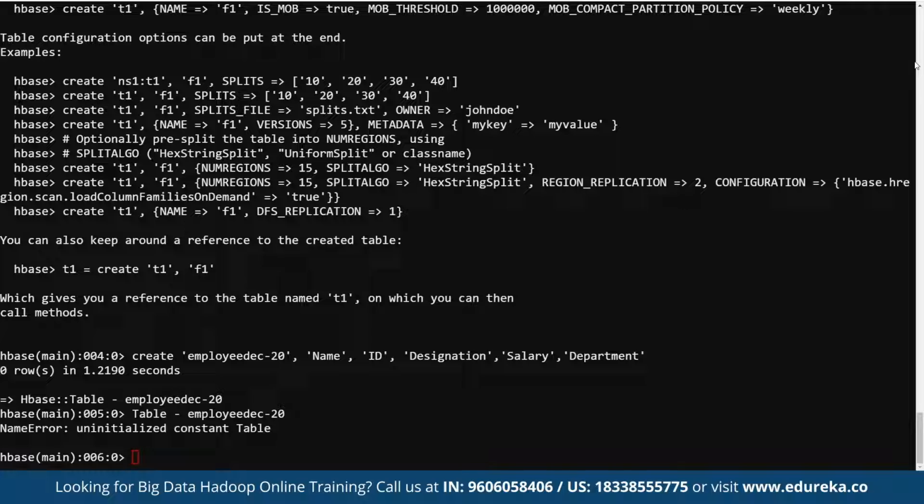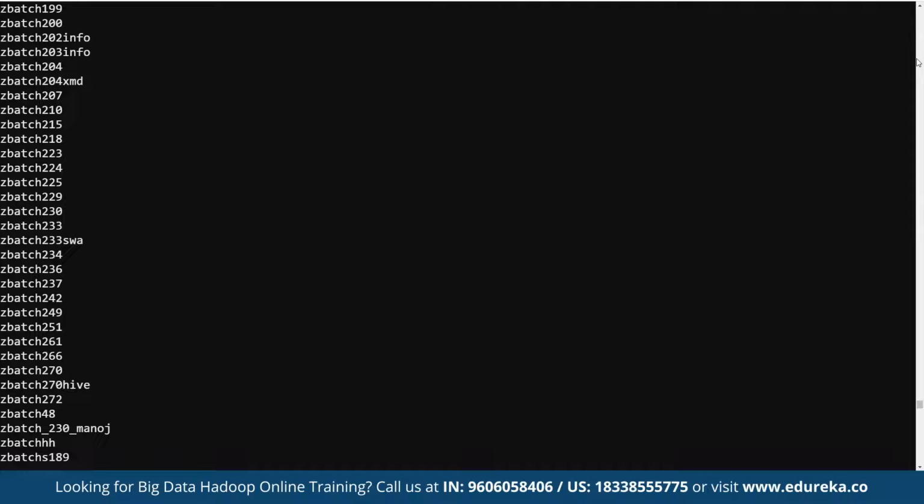All right. So now if you want to see the entire list of all the tables here, then we can use the command list. And you can see currently there are multiple tables created here. So we can see the list of all the tables being returned to us. And in the same way, if you go back to see the details in our HBase dashboard, we can go back, and in our HBase dashboard, here we have to